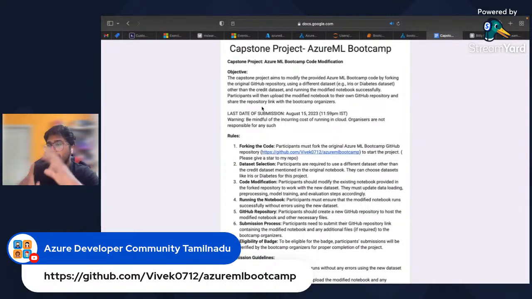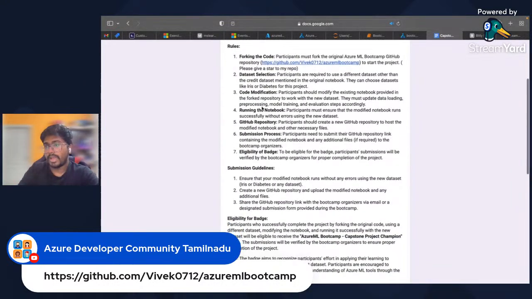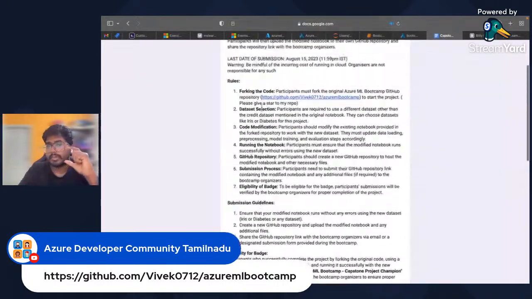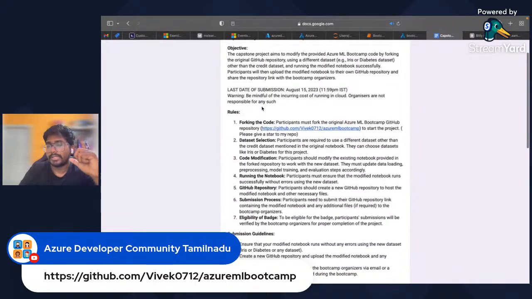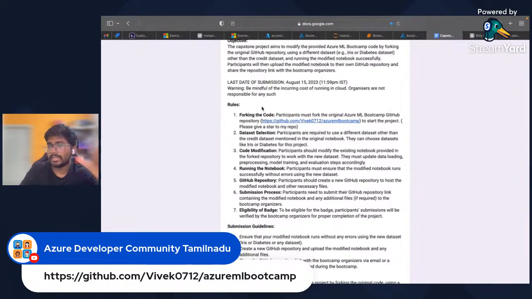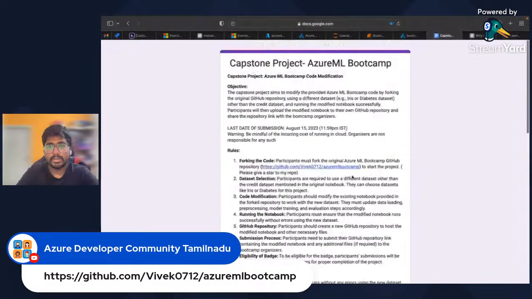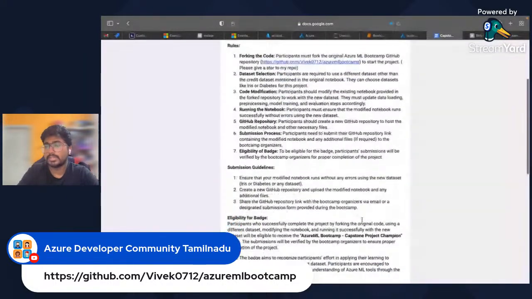Once your notebook is ready, you have to upload it to your GitHub repo and also add screenshots of the Azure Machine Learning workspace where you have executed it. For example, if you have run a job, I want a screenshot of the job. The experiment name that you have included in your script should match the same job screenshot. So when running the notebook, you should add your screenshots in your GitHub repo.